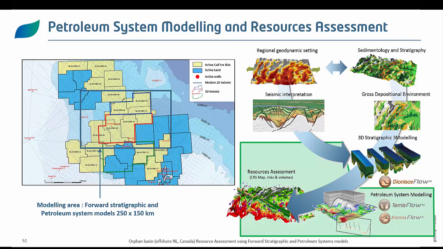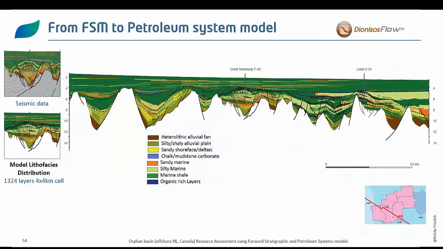Yeah, thanks, Bob. We move now to the petroleum system model, and to do that, we use the classical petroleum system model THEMIS flow that uses thermal, pressure, and maturity calibration, and we couple that model to the unique kinematic 2D petroleum system model that is called KRONOS flow, and this model allows to properly balance a section before simulating it, and also to play with fault properties. So we'll talk more about it.